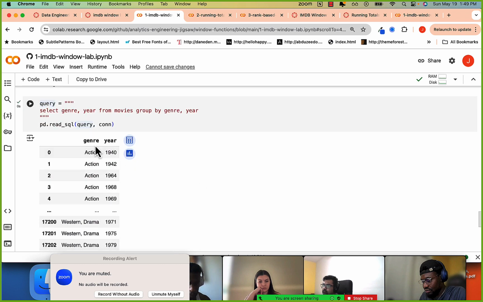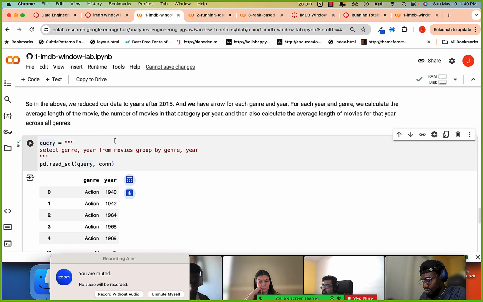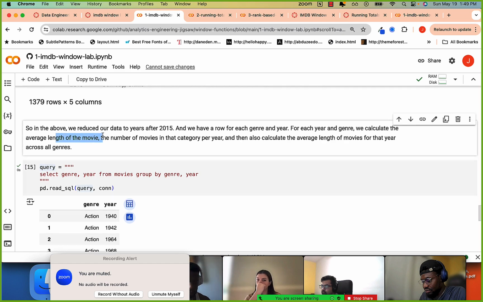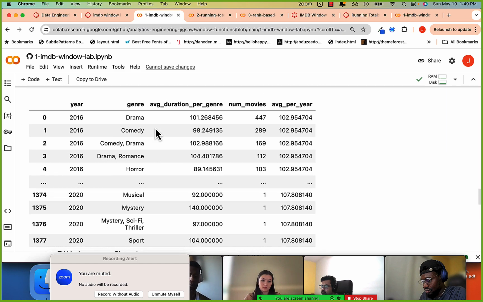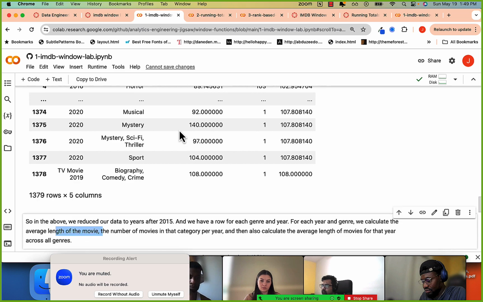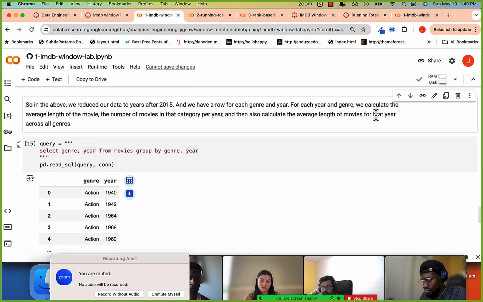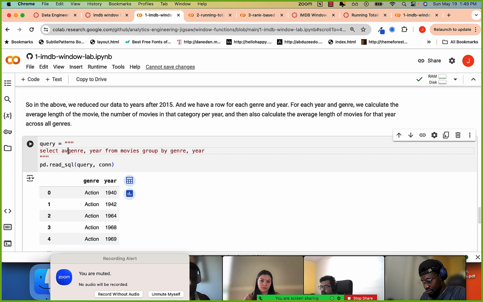Okay, so we have the genre, we have the year, and we want to calculate the average length of the movie. I just remember, but if I didn't, it's that the column is duration, right? So for each year and genre, calculate the average length. Again, I'm taking care of all the regular group by stuff first, and then I'll worry about the window function. Okay, so the average length is going to be the average duration,